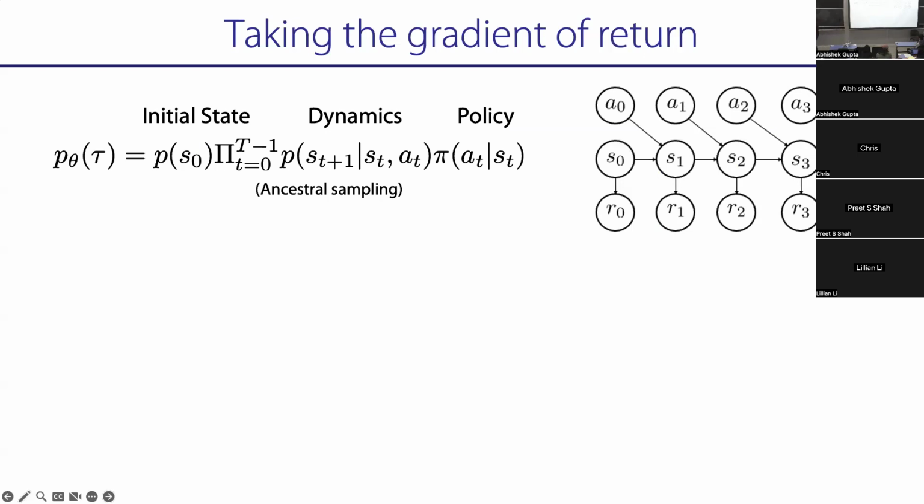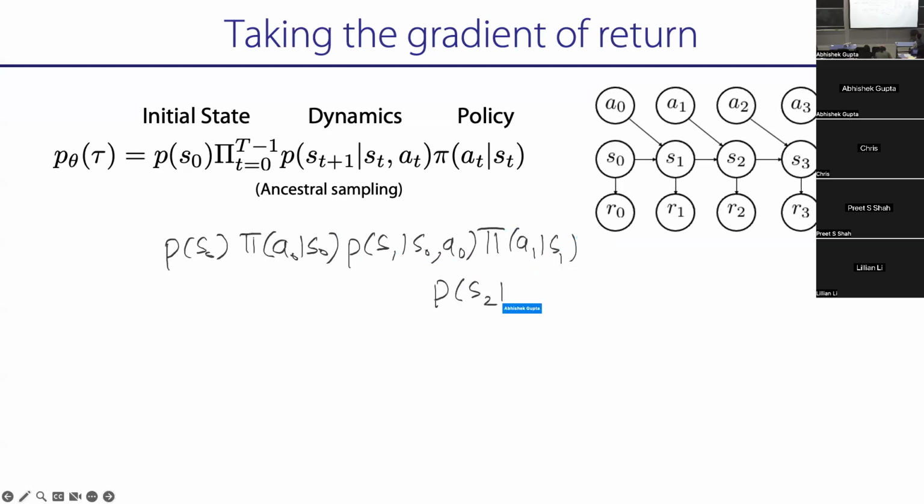So let's write this out. You can write the trajectory as p of S0, the initial state, times pi of A0 given S0, the initial action, times p of S1 given S0 A0, the initial transition. And then you repeat: pi of A1 given S1, p of S2 given S1 A1, and so on. To get the likelihood of a trajectory, you take the likelihood of the initial state, multiply by the likelihood of the initial action, multiply by the likelihood of the initial transition,